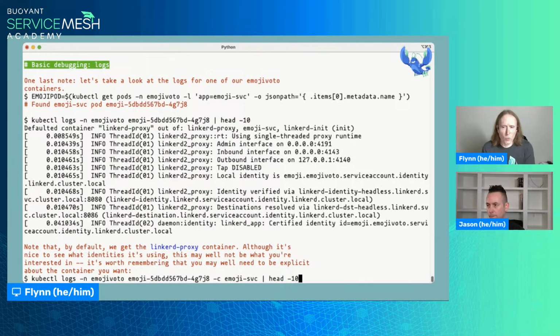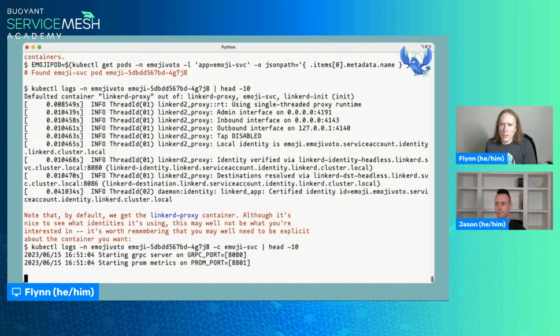So it's worth remembering, you might need to explicitly specify the container that you want when you're trying to debug an application workload. Although it is kind of nice to see the identities that this one is using. Here we can see that the emoji service doesn't actually do anything terribly interesting in its logs, but I happen to know that this is what it looks like when all is running.